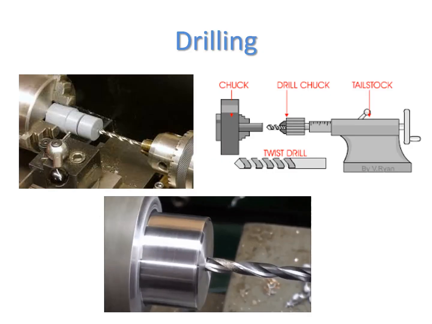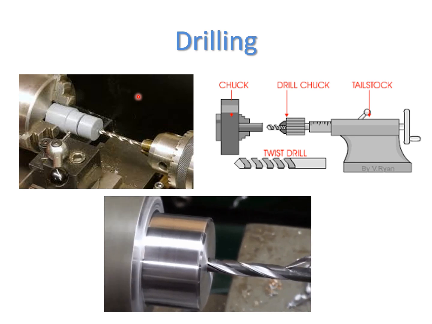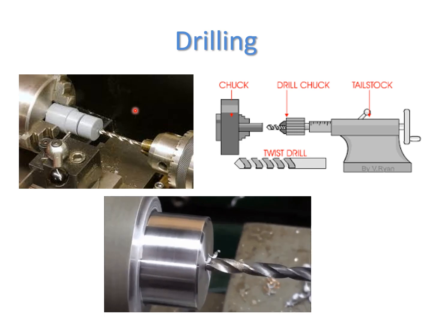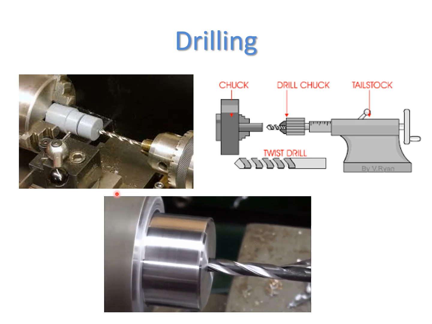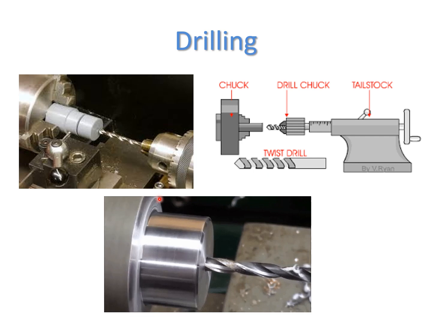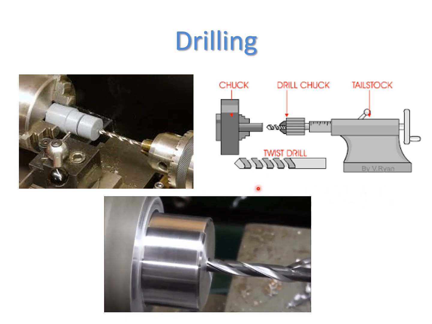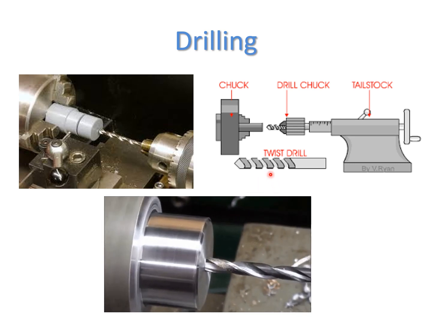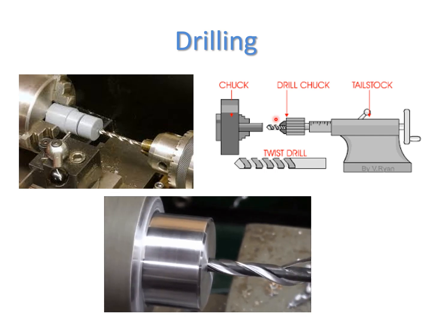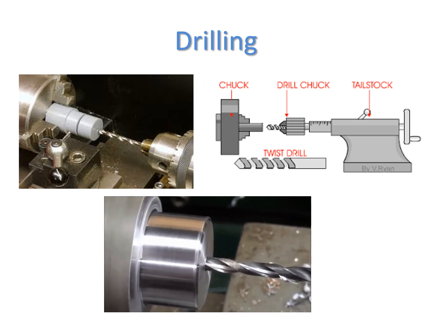Drilling is the operation of producing a cylindrical hole in the workpiece. It is done by rotating the workpiece against the drill bit. Like you can see in this picture, this is the workpiece held in the chuck, and this is the drill bit which is held in the tailstock. Now what we will do, we will move the tailstock towards the workpiece, which then drills the workpiece with the help of this drill bit. At the end of the drilling operation, a reaming process is used. With the help of a reamer, we can finish the drilled hole.